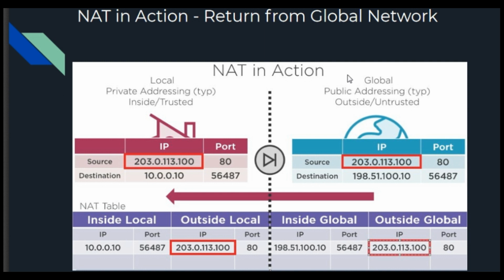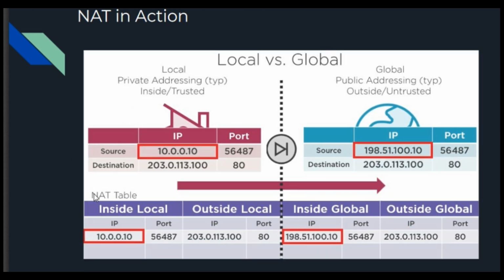With the same example, here is the inside local, outside local, inside global, and outside global. Inside local has the same IP address, outside local the same IP address and port, inside global the same IP address and port, and outside global the same IP address and port, which we had during the creation of the NAT table.